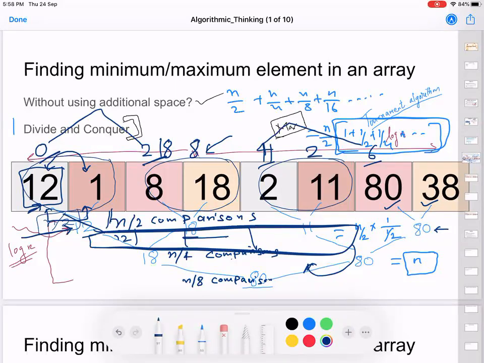And again, when I do this, see here, this 12 is greater than 8, I keep it here. In this particular case over here, let's say I had 11 and 80 here. So 80 comes here and 11 moves here. So now I know that next I'll have to compare the elements at locations 0 and 4. So on and so forth, you can continue this. So the storage thing, you can decide on your own.